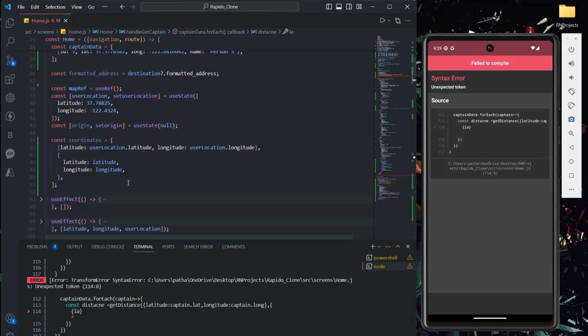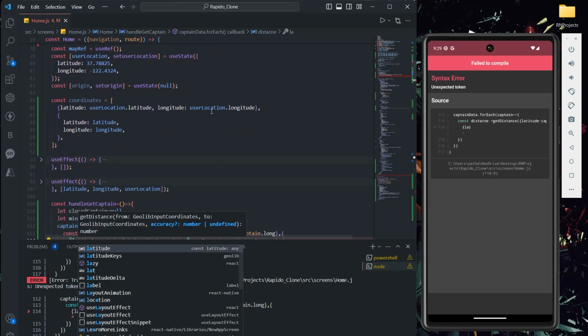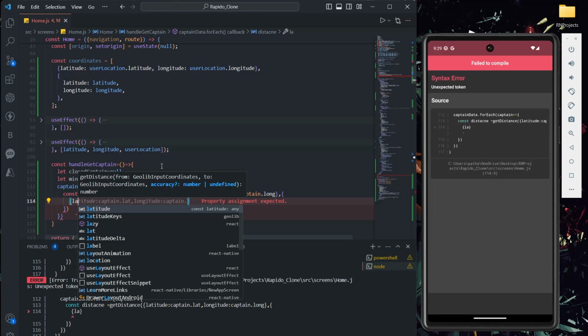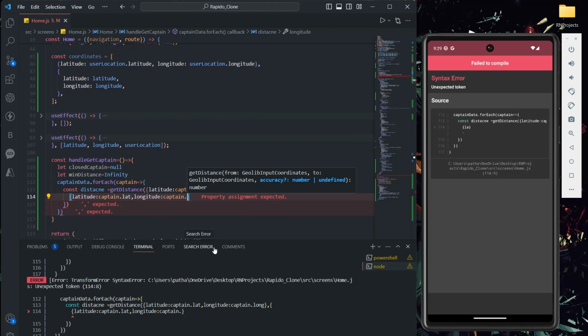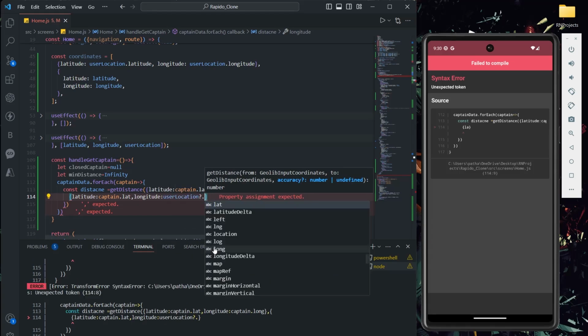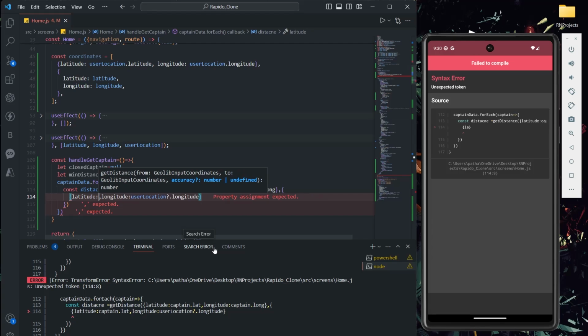So just to avoid confusion, I'm going to check with the user's current location instead of origin, because the captain has to go to the current location of that user to pick him up. The user location is stored here: user location longitude, and user location latitude.